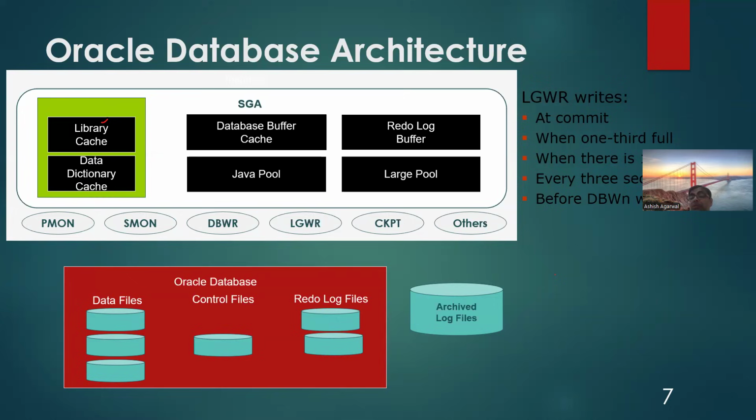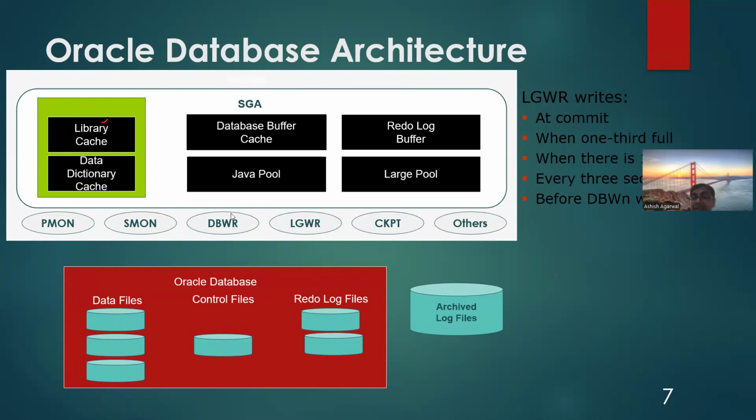Now what you did, you ran a SQL query in your SQL Developer or tool: update employee table, set salary equal to 1000, where employee number equal to 123. So what will happen? That data will be fetched from the data file and it will be written into the database buffer cache. Any written buffer which gets changed is called a dirty buffer. So any insert, update, delete, whatever happens, it is called a buffer because first it gets written into the database buffer cache. And any changed buffer is called a dirty buffer. So that dirty buffer gets written into the database buffer cache.